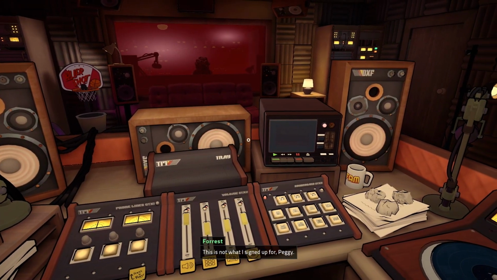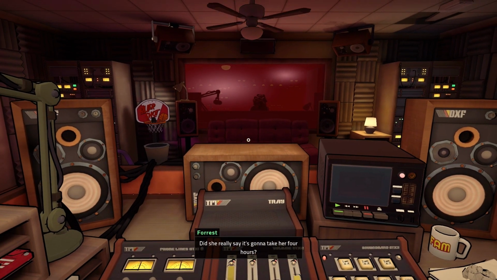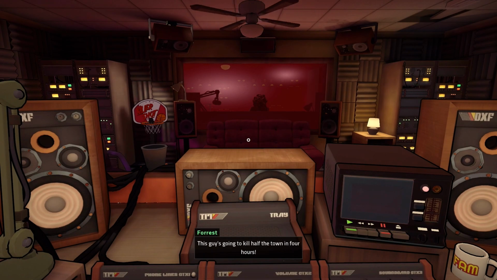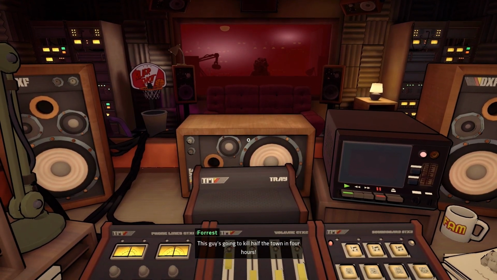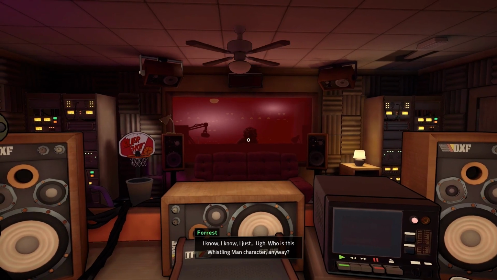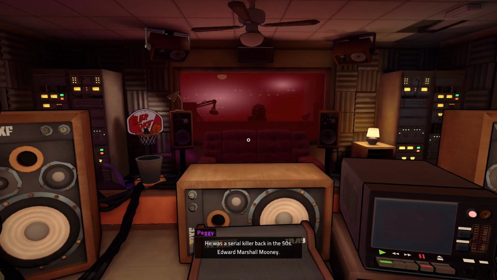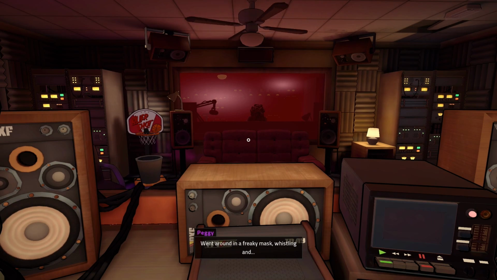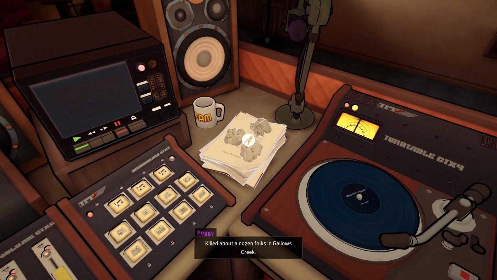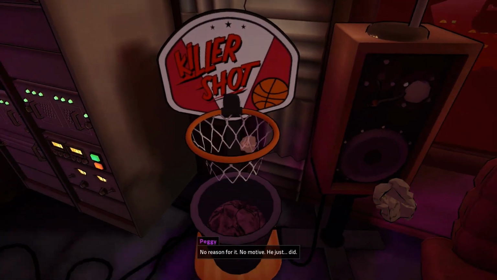This is not what I signed up for, Peggy. This is actually insane. Did she really say it's gonna take her 4 hours? This guy's gonna kill half the town in 4 hours. Forrest, that's not helpful. I know, I just... Who is this Whistling Man character anyway? He was a serial killer back in the 50s. Edward Marshall Mooney. Went around in a freaky mask, whistling, and killed about a dozen folks in Gallows Creek. No reason for it. No motive. He just...